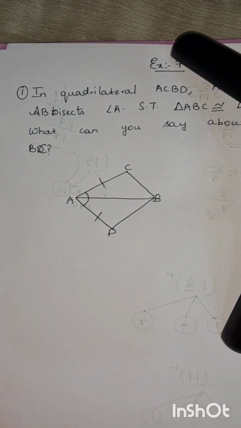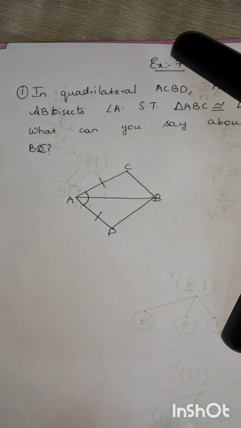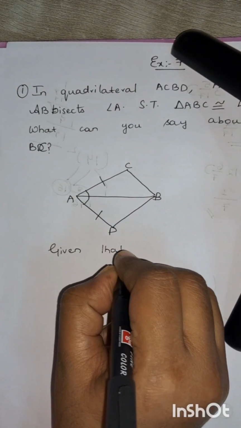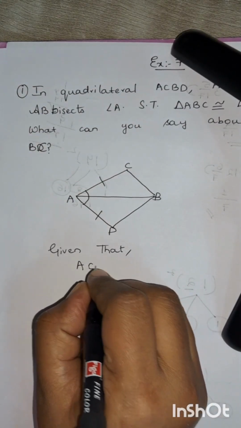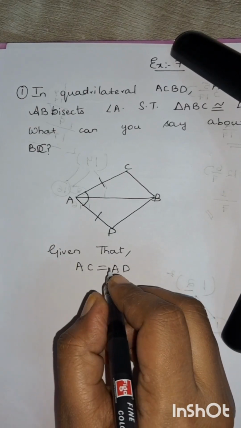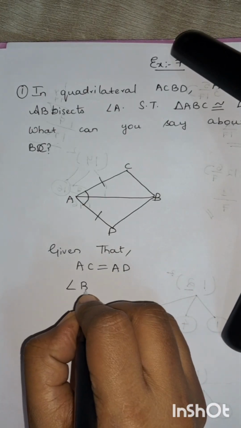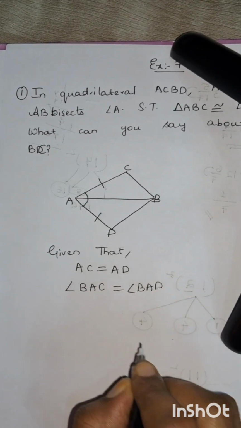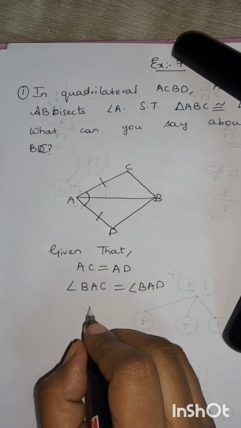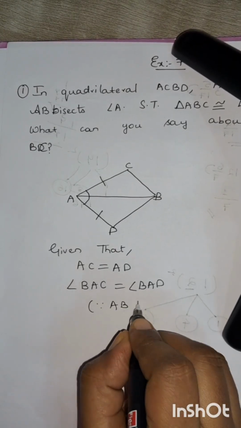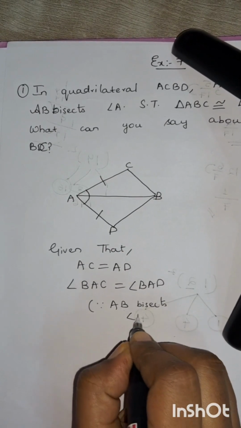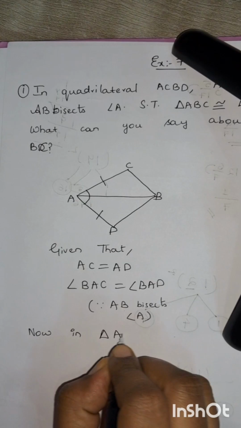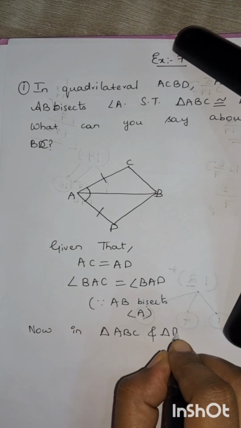So here in the question, first we'll write the given things. Given AC is equal to AD and angle BAC is equal to angle BAD. Yes, since AB bisects angle A, they are bisecting it. Now in triangle ABC and triangle ABD,